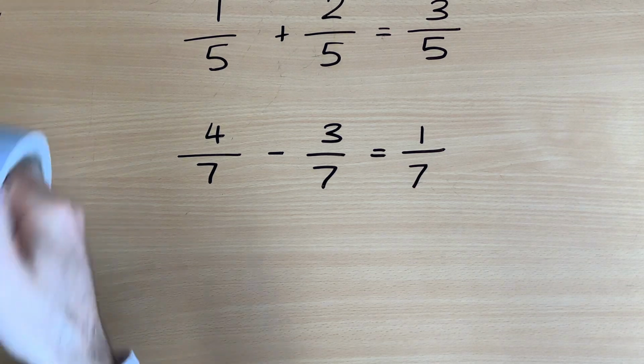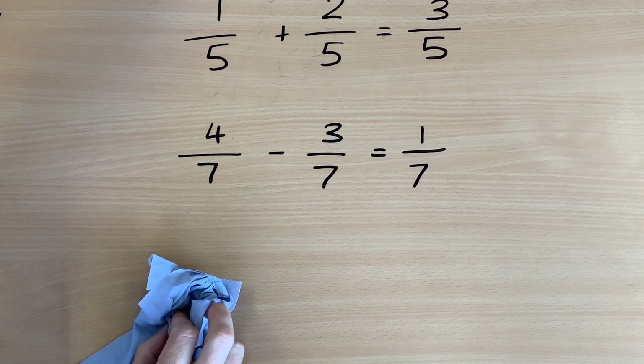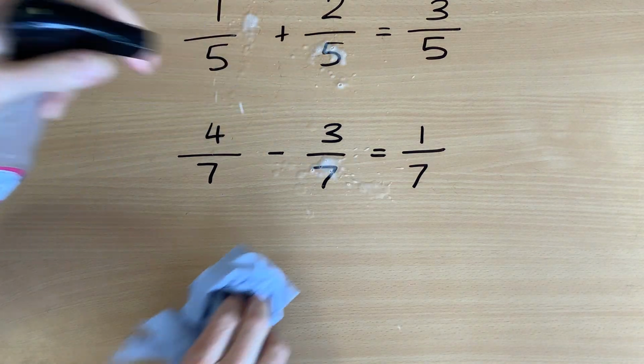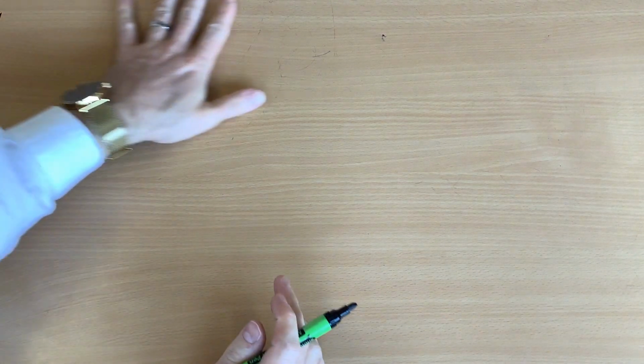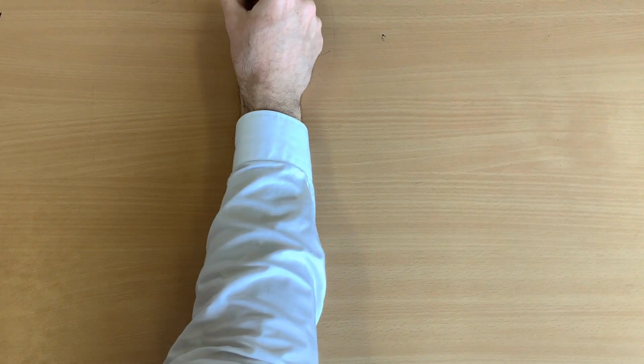Now this is a little harder if the denominators don't match. This is where we're going to have to use our knowledge of equivalent fractions. So if you're not sure about that, you might want to go back and watch the other video about adding equivalent fractions. I can still add fractions if the denominators aren't the same, but I'm going to have to do some work first. So if I wanted to add, for instance,